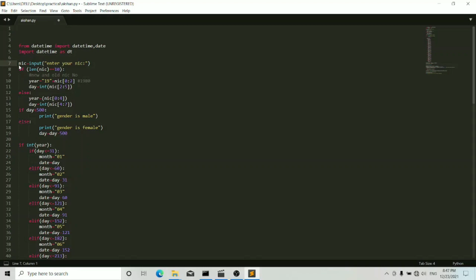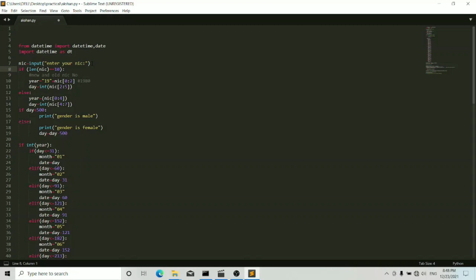First we should get the input NIC number from the user. So NIC number is equal to input, enter your NIC number. Next line, we should check whether this is a new NIC number or an old NIC number.